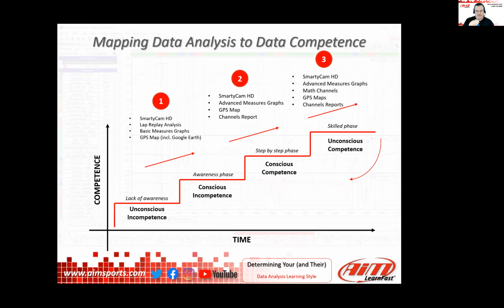And this competence over time graph that you've built here, while it is good to talk about in the form of motorsports and data analysis, it fits the worldview, right? Everything in my life that I have ever learned about, I walk through these exact same steps. And like you, this basic idea was introduced to me a number of years ago. And then I saw this arrow at the top,